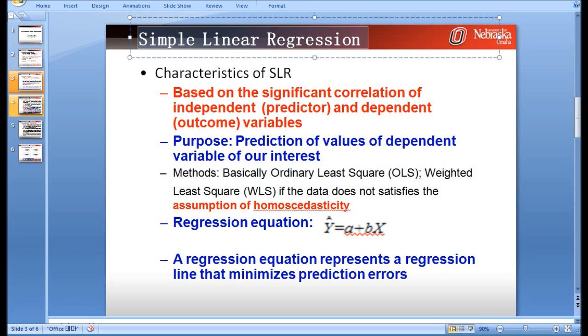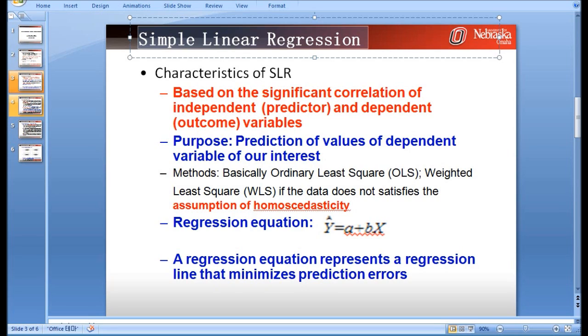I will try my best to give you intuitive explanations about regression analysis. I'm not going in depth about formulas in the textbook to calculate related statistics, because